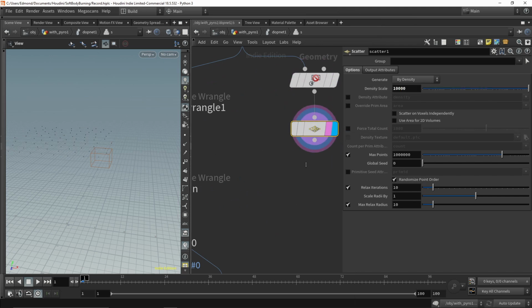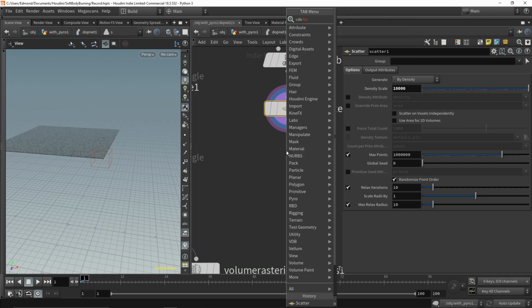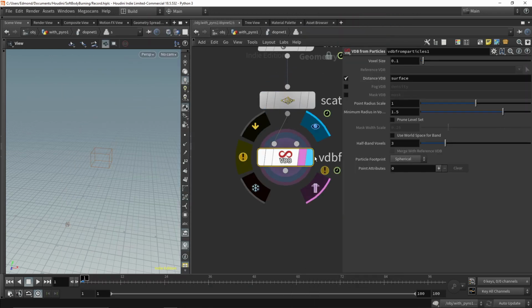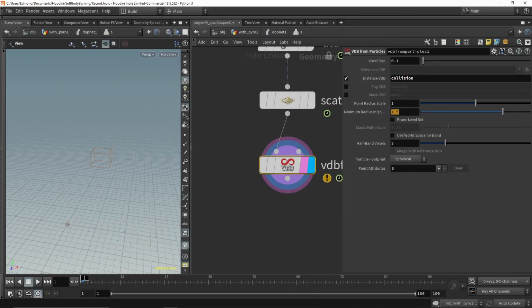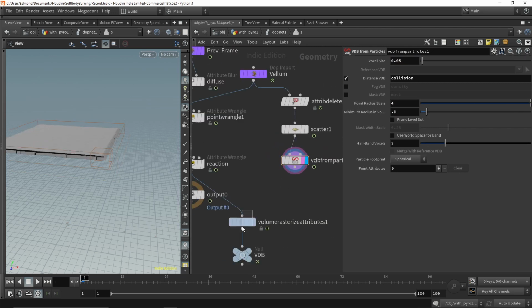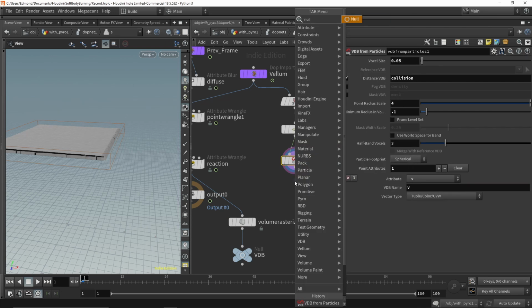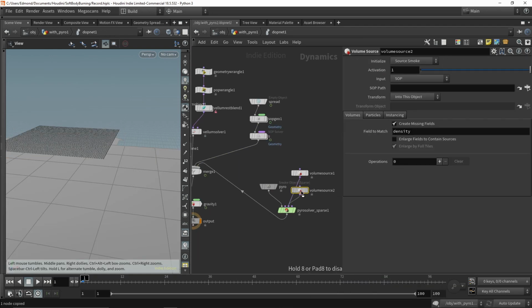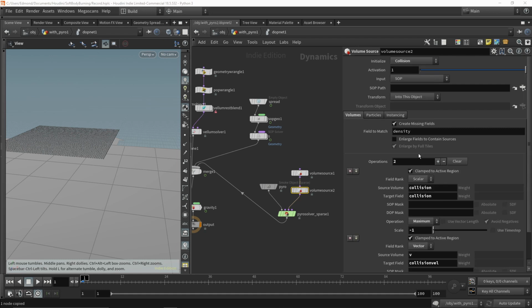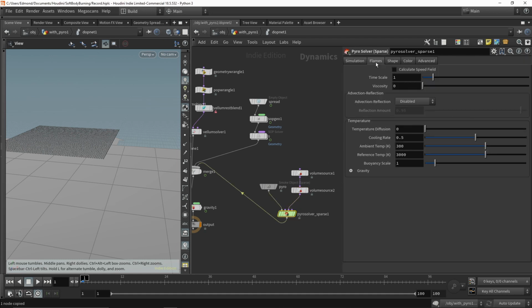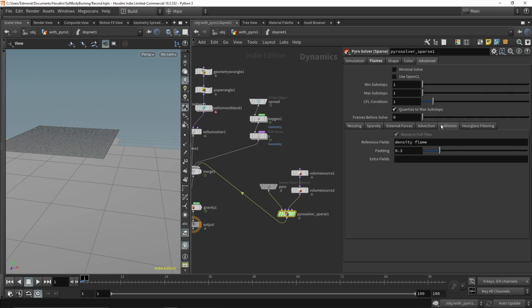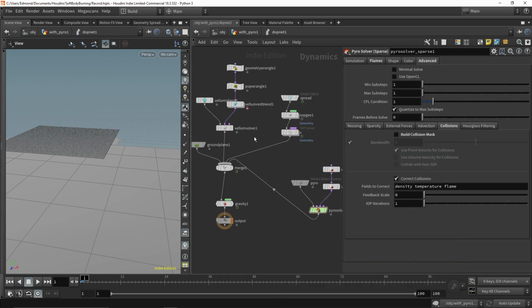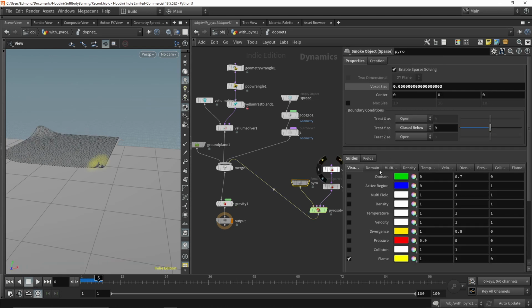It's easier to rasterize some points than rasterize a sheet of paper, so I will scatter some points that will inherit the v attribute. And I will create a collision SDF, as well as rasterize the v attribute. Now that we have our collision geometry, we can drop down the second volume source node that will target this SOP. And I will put down some parameters to make sure that we have some temperature that comes out of the flame, as well as make sure that the collision is being imported correctly into the simulation.